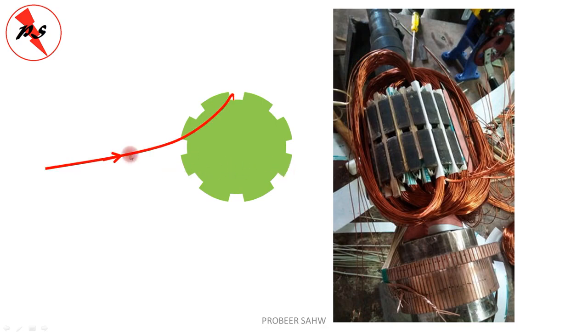Now what we do, as we have already discussed, is put a conductor and pass it through this slot. We take that wire through that slot, and instead of putting that wire into this slot, we can take it like this, and we can connect an external DC supply or external load at this point.